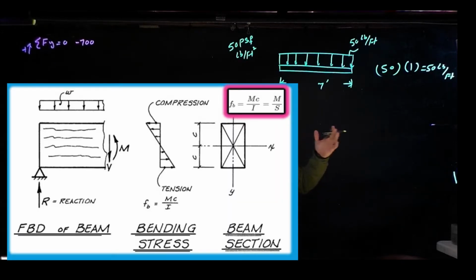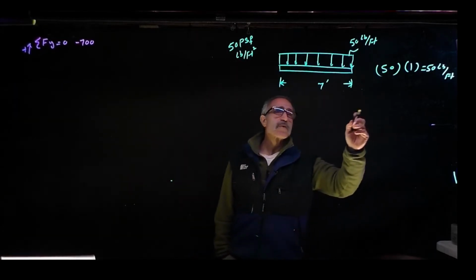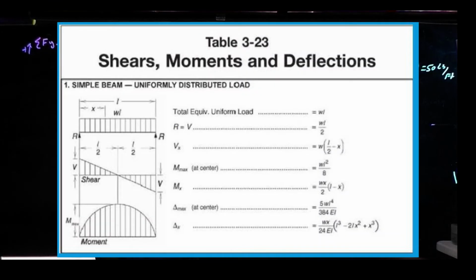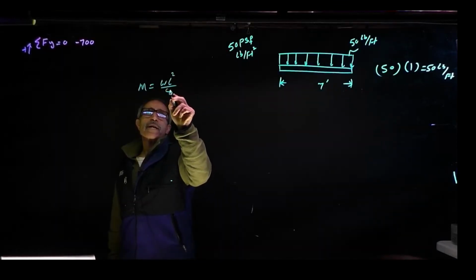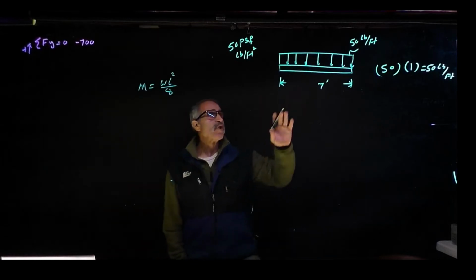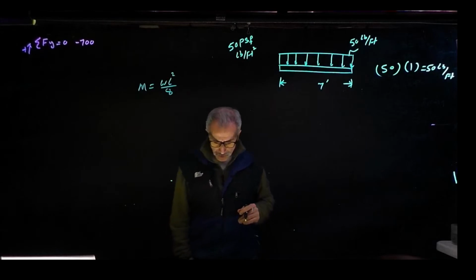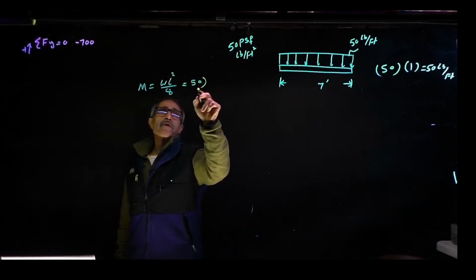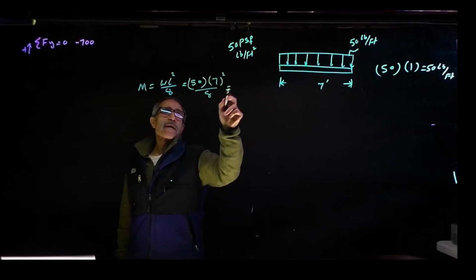Now, you all have seen this, we talked about this a lot of times, bending moment. Based on the bending moment formula, our bending moment comes out to, M is equal what? Can you remember? Anybody remember? It was only last semester. wL squared divided by 8. That's the bending moment for a uniformly distributed loaded beam. In our case, it's going to become 50 pounds per foot times 7 to the power 2 divided by 8, and that comes out to